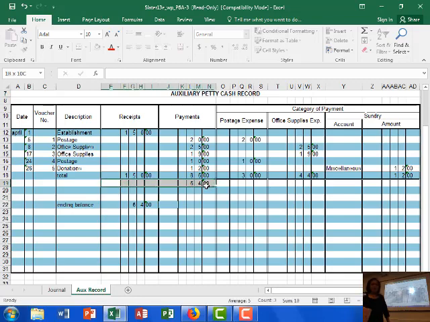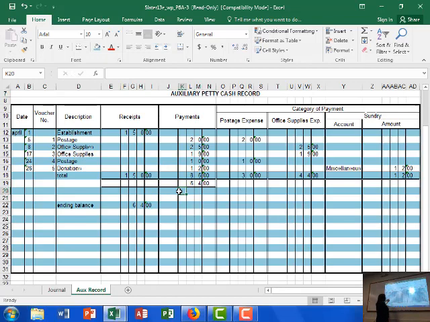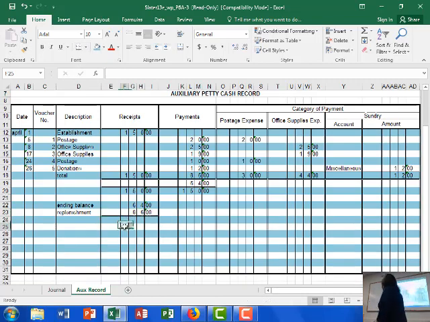To total. So now, the next thing that we're going to put here, if this is our ending balance, is to show how much money I need to replenish. So you're going to have here replenishment, or replenish petty cash account, whichever. That is going to be what? Again, $86. So after you've done that, your new balance after you replenish is going to be your $150.